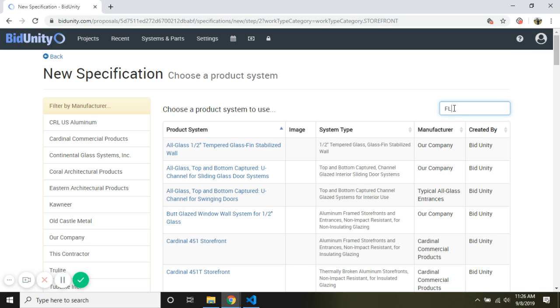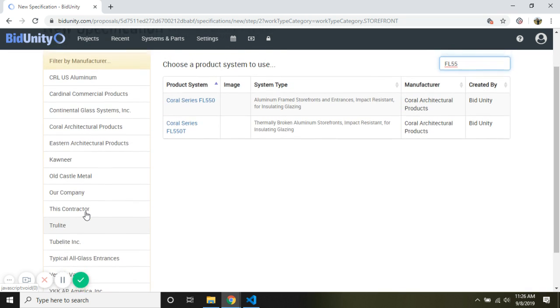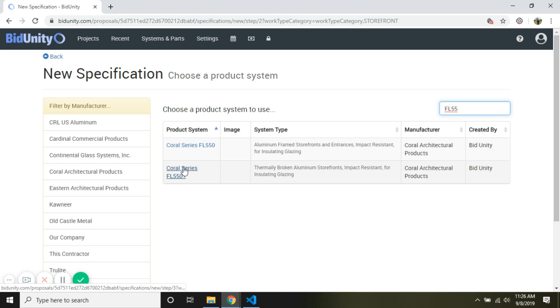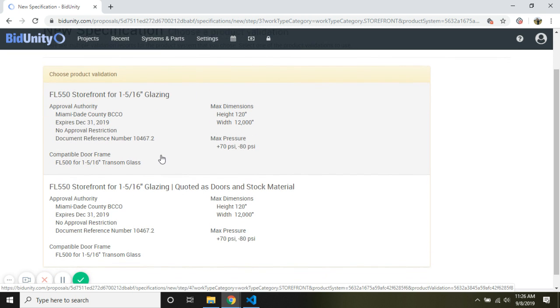I prefer to type in the search box the name of the system that I'm looking for. You could also filter out the various systems by clicking on a supplier's name. You'll notice that we have thermally broken aluminum storefront, impact resistant for insulating glazing, and aluminum, so non-thermally broken system by Coral. So we'll select this, and in this example, there are two different